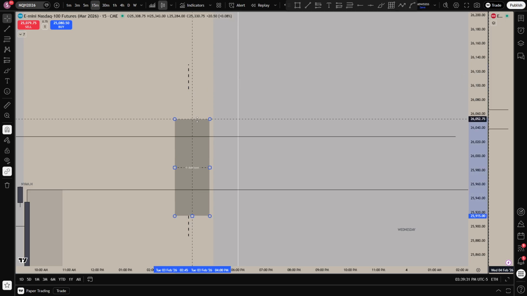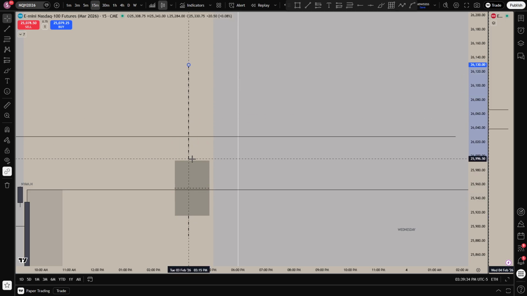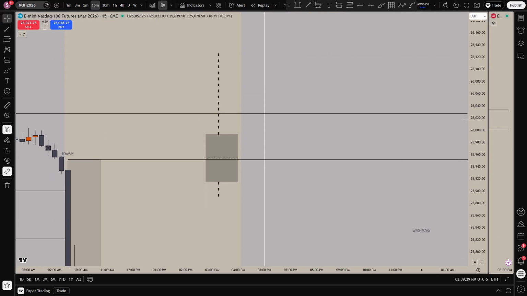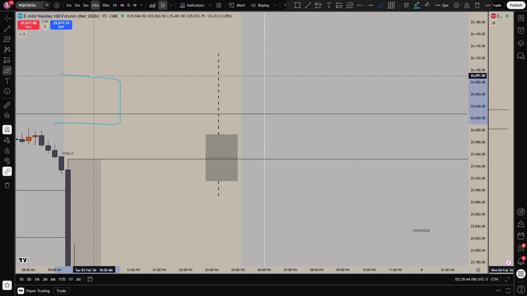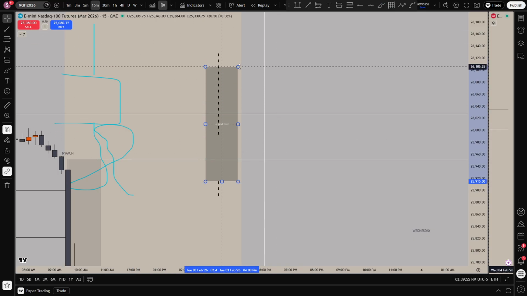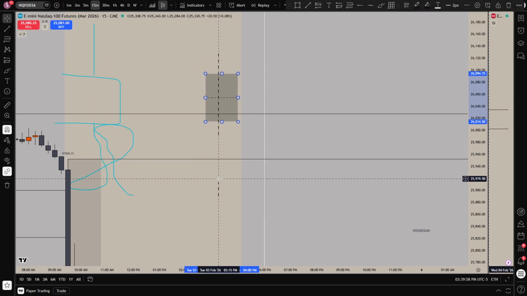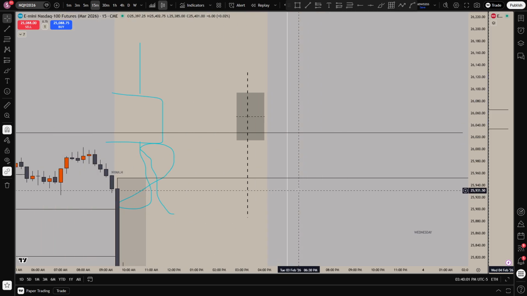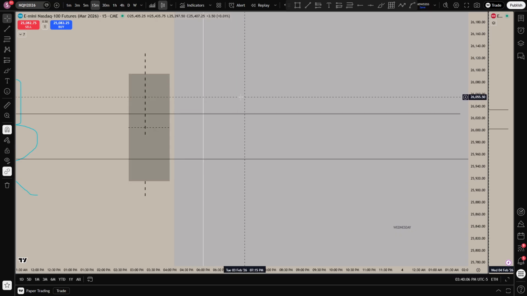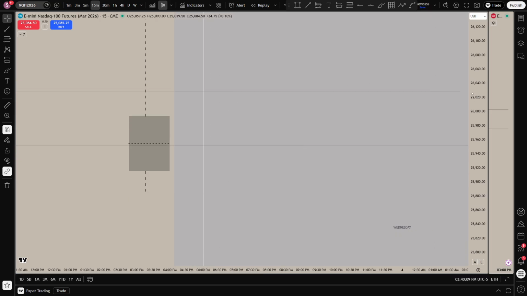So if our body closes like this, the wick gets a lot bigger. For example, right here, we could be showing signs of rejection of something, maybe a PD array over here, or whatever's going on over here, right? We are showing signs of rejection from that certain thing. Same thing will go this way, right? Boom. Now this wick gets longer. So now we're showing signs of rejection of something down here, right? It's very basic, but it can show a lot of things,